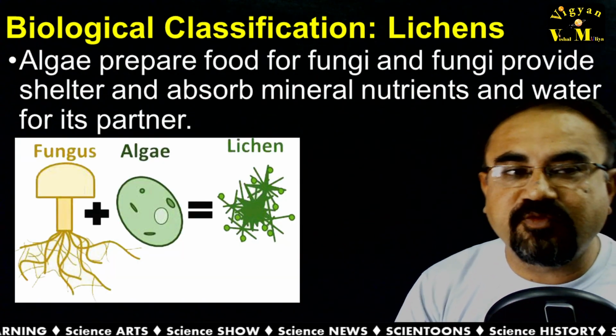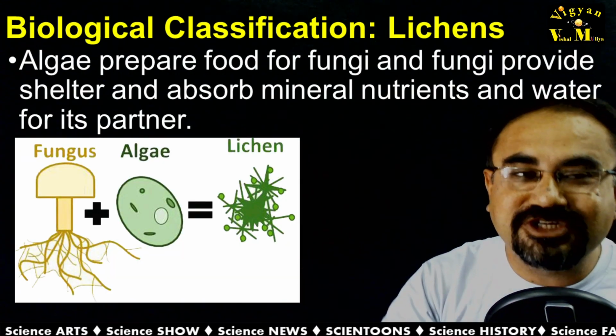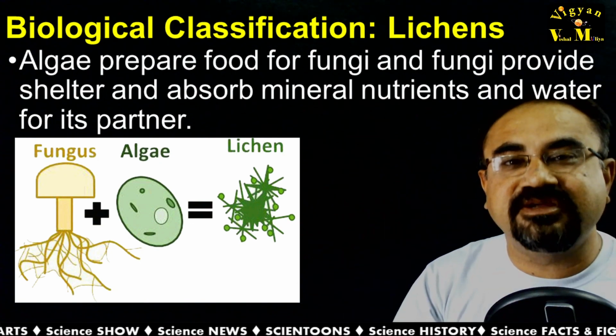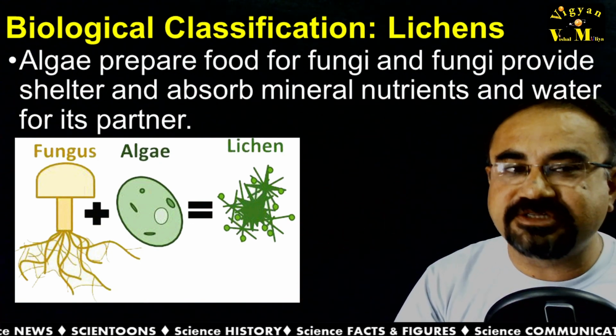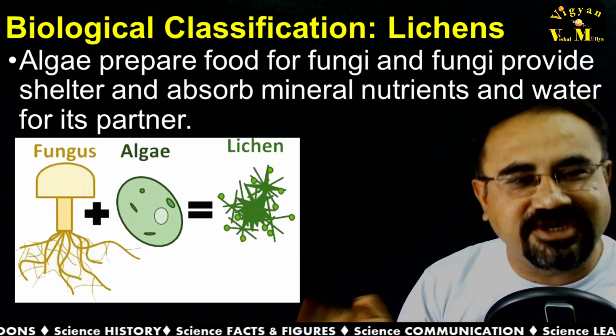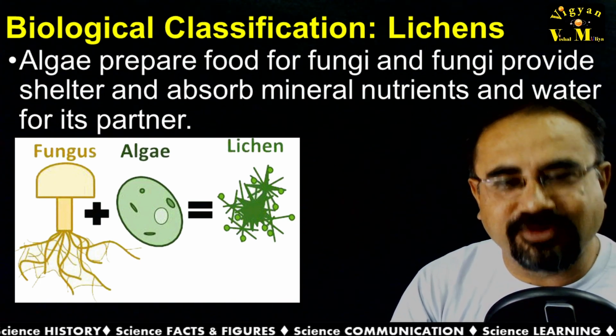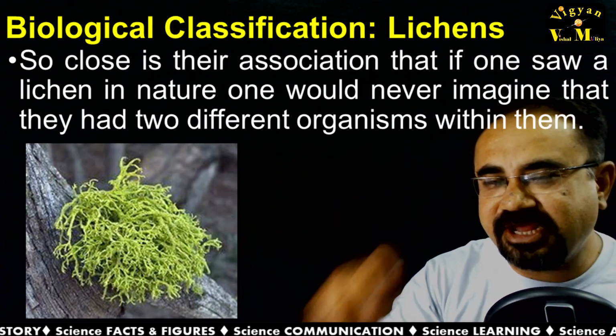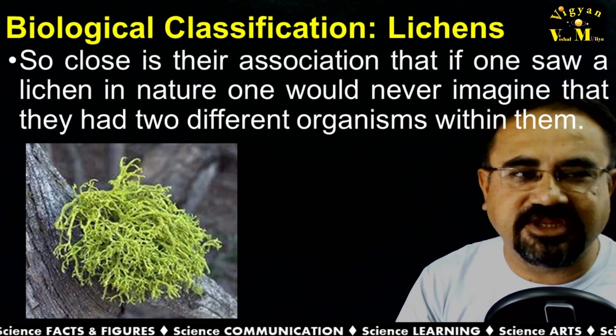The alga prepares food for the fungus, and the fungus provides shelter and absorbs mineral nutrients and water for its partner, that is the alga. So here they mutually help each other,